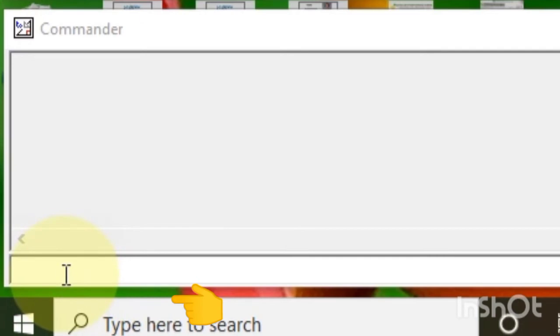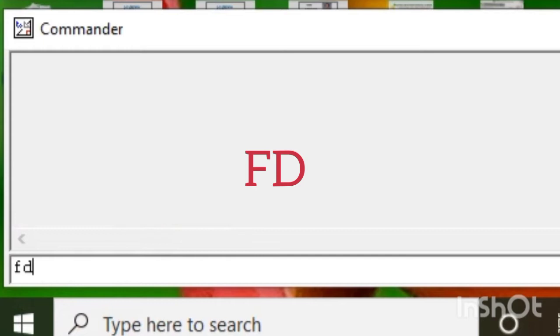So in this line, that is the command typing area, in the input box we will type our command, that is FD. Then we will press the space bar key. Then we will type a number value.